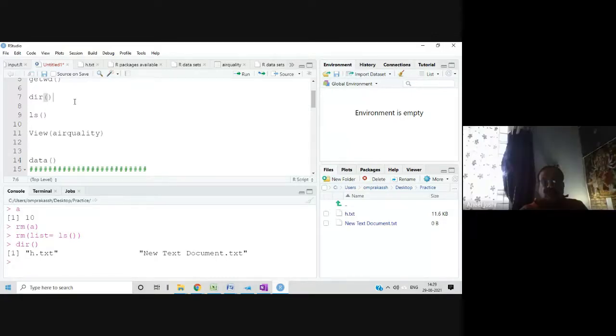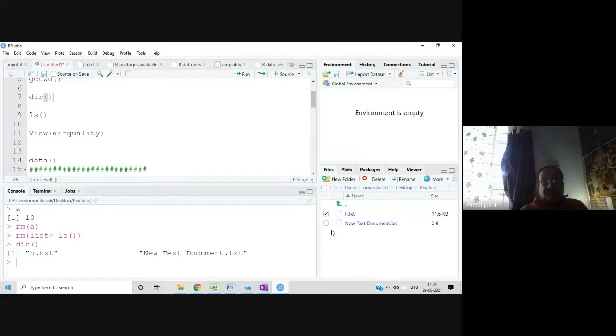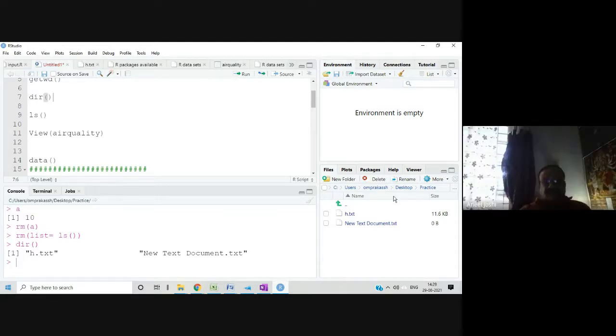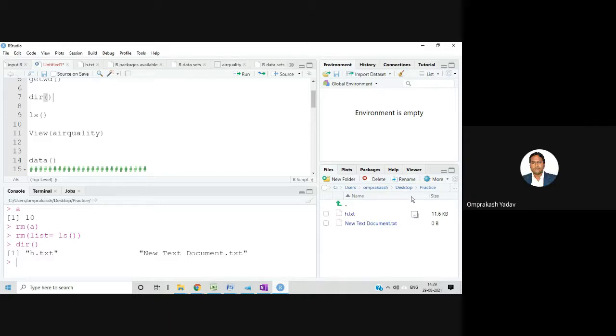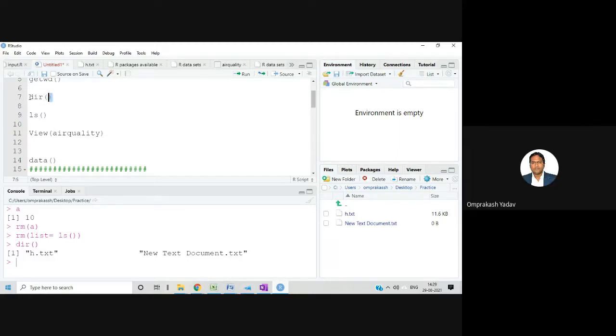Now, again I had to go back to the fourth quadrant and then click on the checkbox here. Now how do I get into that? What is there in the directory, how do I get that? Is it showing in the fourth quadrant also, or in the third quadrant? By this command, it will not show you in the fourth quadrant. In the third quadrant, with this third command, dir, it's showing me h.txt and these two files.